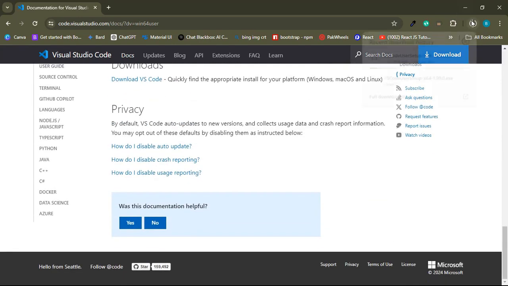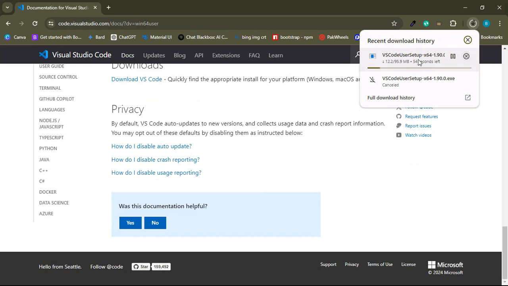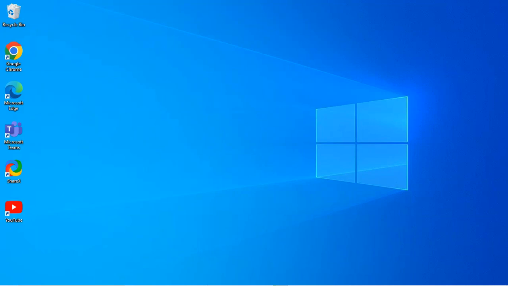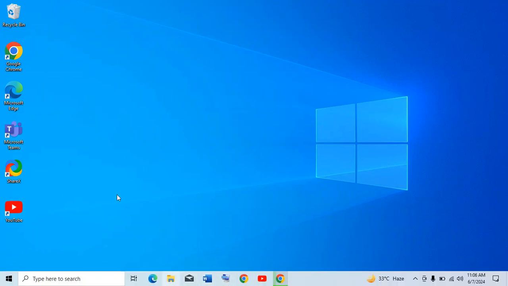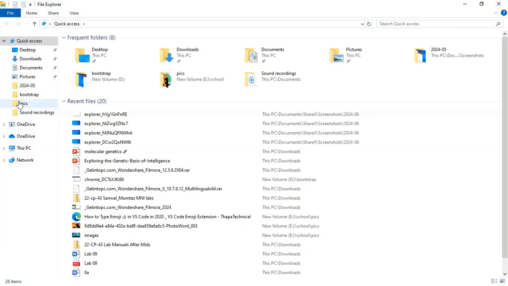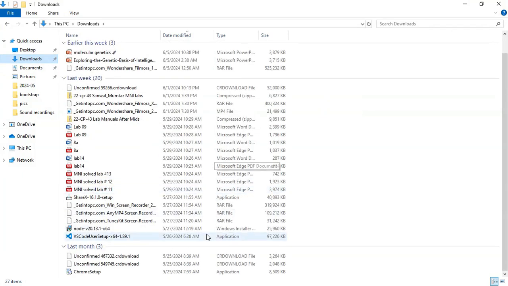Here you can see that it is going to download, and I am going to stop it because I have already downloaded it. So let me move on this PC, and here in download folder, because I have already downloaded it,